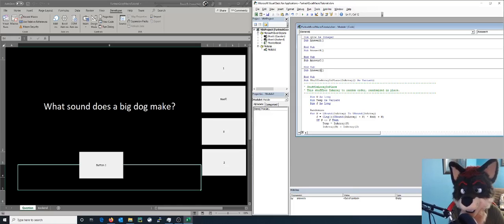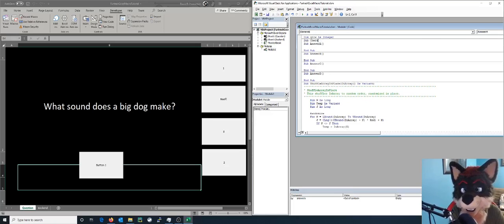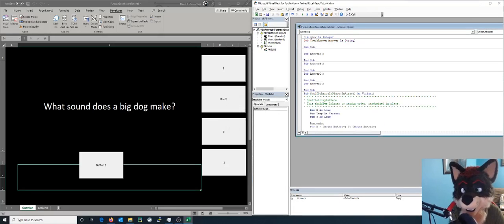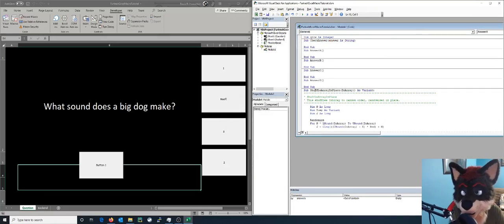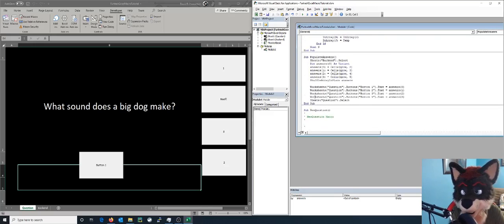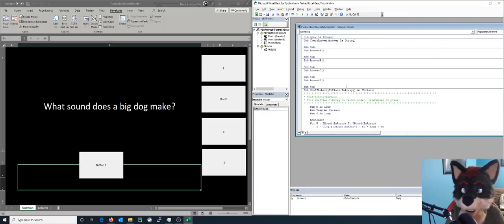C. I can touch type with a fursuit head on. And D. And then we're going to actually write a sub check answer. And then it's going to take an answer as string. There we go. And then answer A is just going to take this text from the button and send it to that function. So we're going to do a sub call, which all you do is just do check answer that,